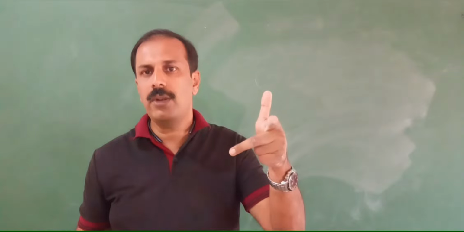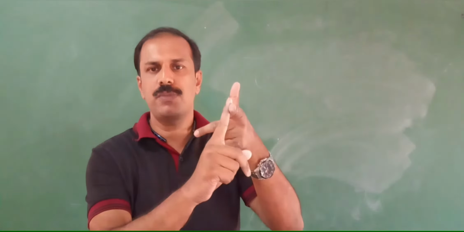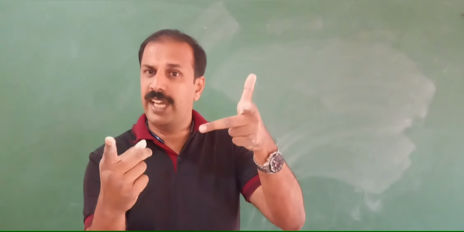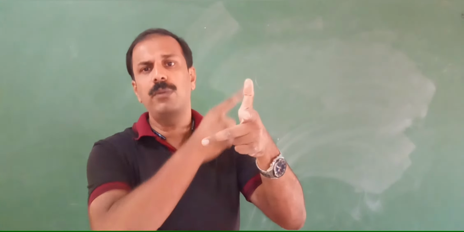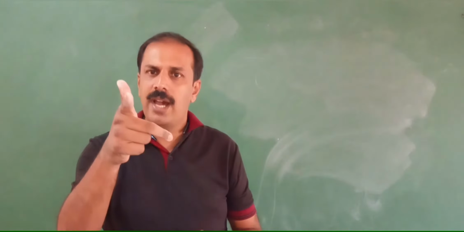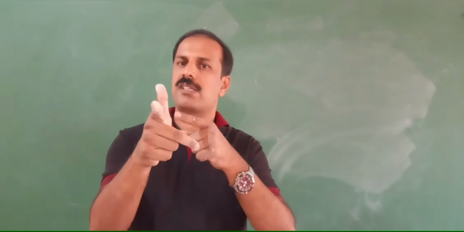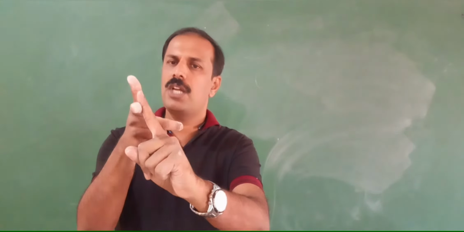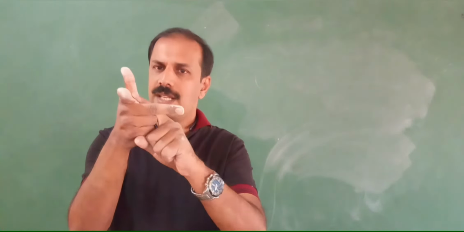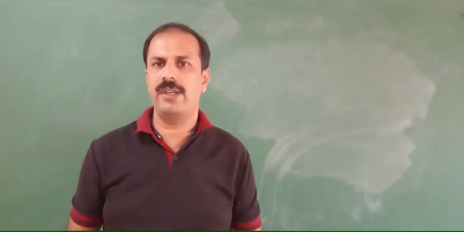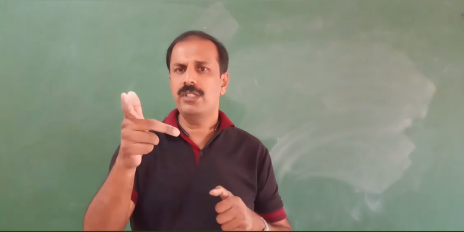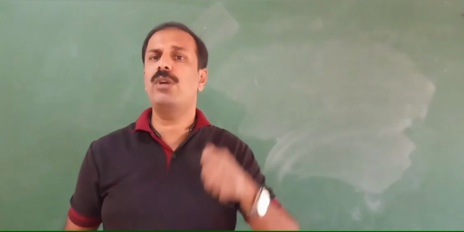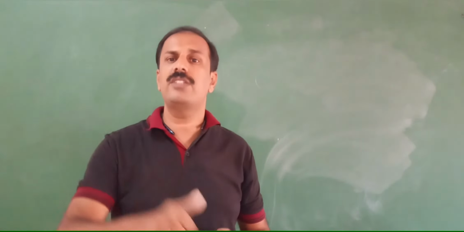So in the left hand rule, how was it? If the first finger shows the direction of field, second finger shows the direction of current, then the thumb will show the direction of motion. Here tell thumb and first finger first. If the thumb shows the direction of motion or force, then the first finger shows the direction of field, then the second finger will show the direction of current. Using Fleming's left hand rule, the electric motor is working. Using this one, the electric generator is working.